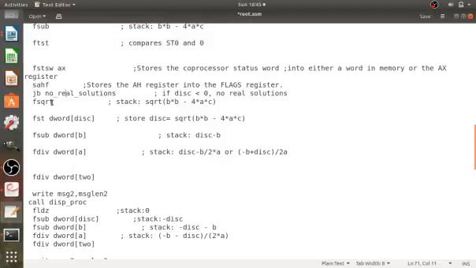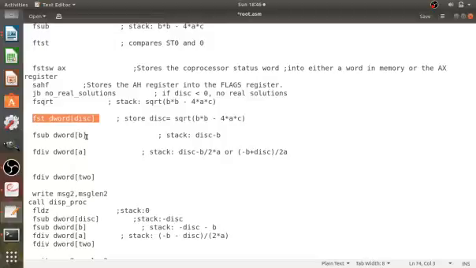If not, then calculate the square root of B square minus 4AC, and store that value in the variable disk. So disk equals the square root of B square minus 4AC. Now the first root will be the calculated value, the square root of B square minus 4AC, minus B, divided by 2A.